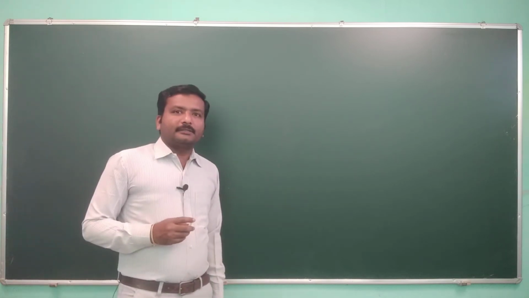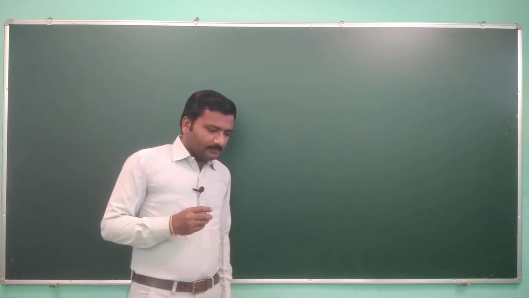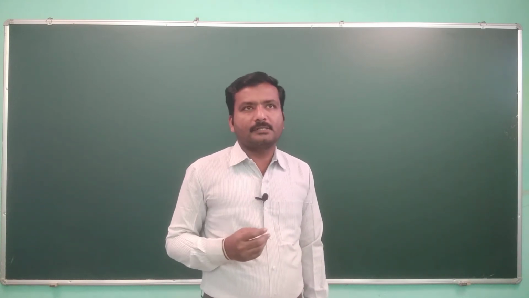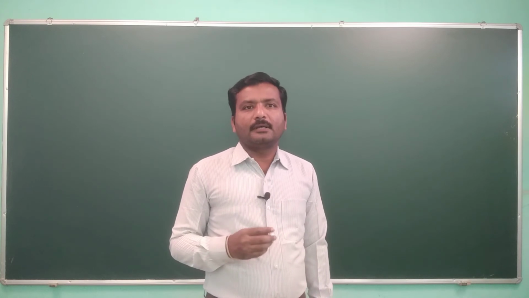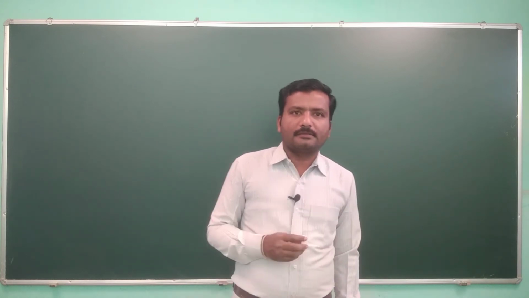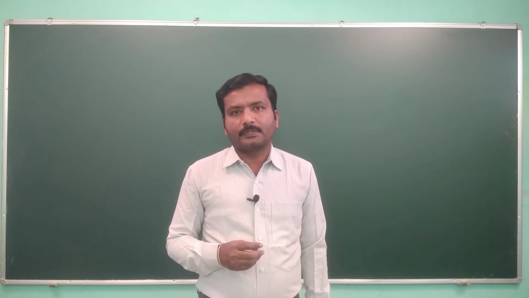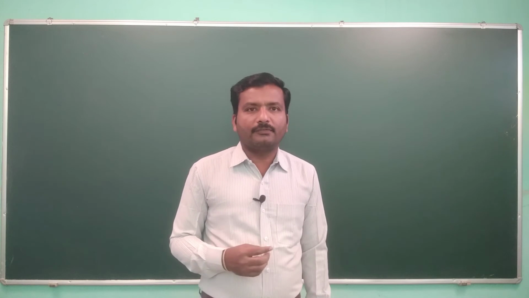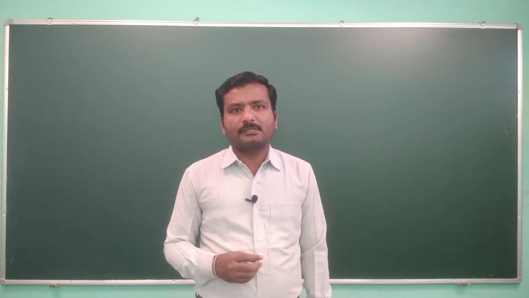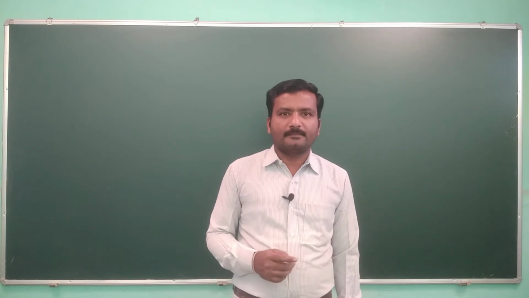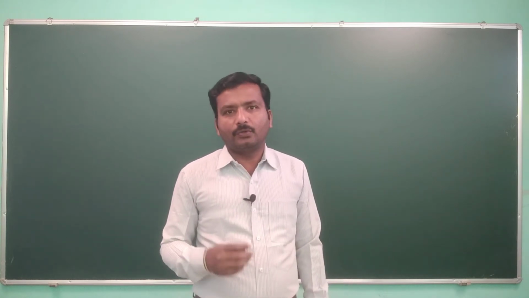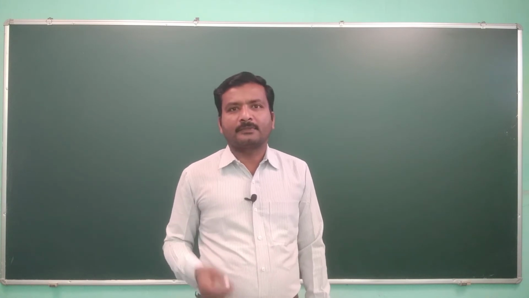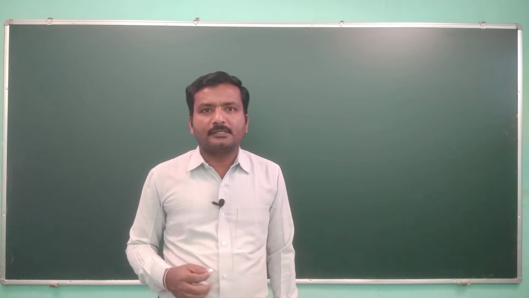In the last lecture, we were discussing the aberrations in the lens, in which we discussed two aberrations. One is chromatic aberration, another one is spherical aberration. To remove the spherical aberration, we discussed four different methods. One among them is the use of aplanatic lens. In that lecture, I told you we will discuss the aplanatic lens in the next lecture. That is what we are going to discuss in this lecture.